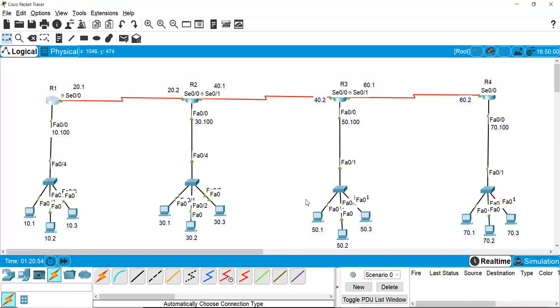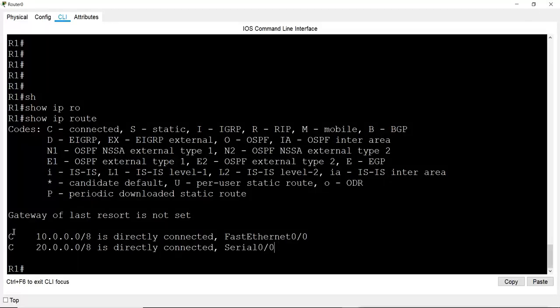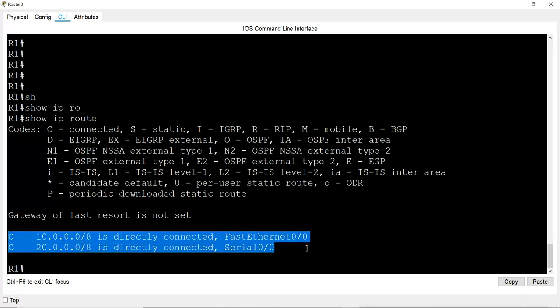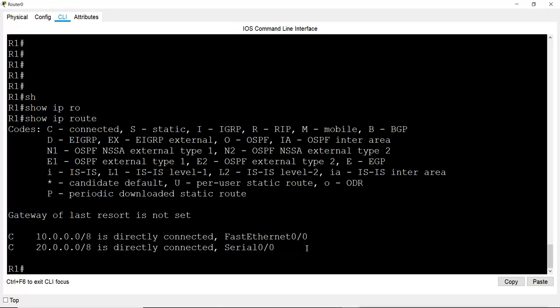Now any other network, it does not know anything about it. So it does not have any entry in this routing table. So making the entry is called IP routing, and we can do it by using static routing, where the code is S, or we can use dynamic routing, and for dynamic we use what? We use a protocol. So protocols like IGRP, RIP, EIGRP, or we can use OSPF. We can use these protocols to do the configuration, and they will find the network automatically, and they will create the routing table automatically.